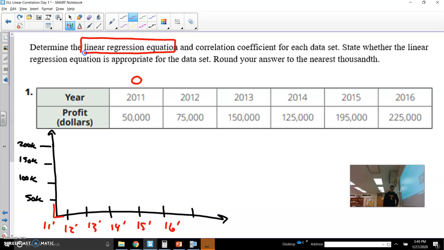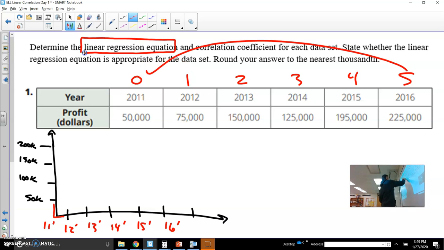So we're treating those like 1 and 2 and 3 because they represent being really close to the origin. And really, these are years since that first one. So 2012 is 1 year after that initial year, or 2016, well, that's 5 years since the first year. And so let's just plot these points and see what they would look like. So that initial year,